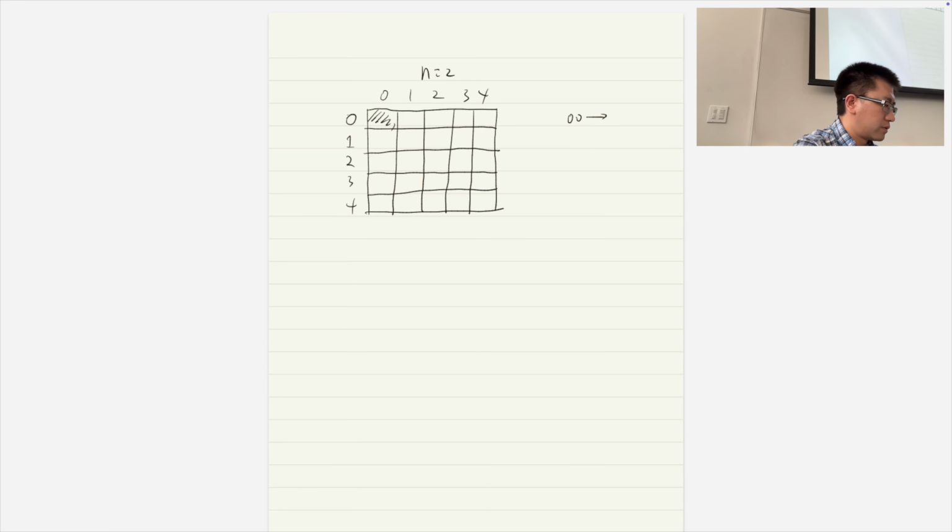Let's see what the possibilities are. If we transmit 0, 0, what are the results? Could be 0, 0, and could be 0, 1. Could be 1, 0, and could be 1, 1. It basically means that if I want to use 0, 0, we cannot use 0, 1, 1, 0, 1, 1. So those 4 squares,